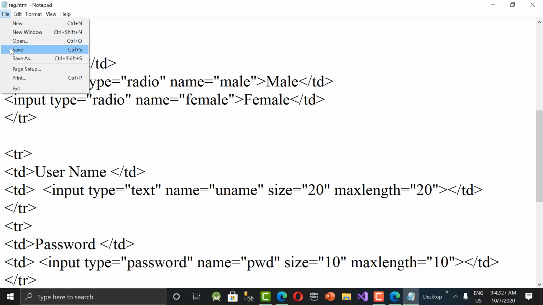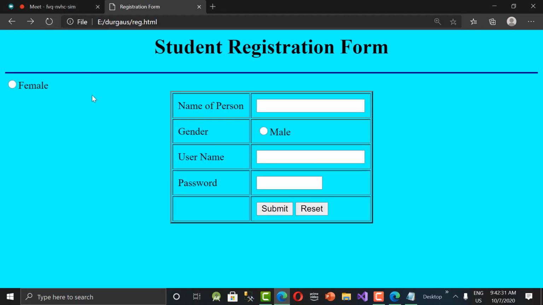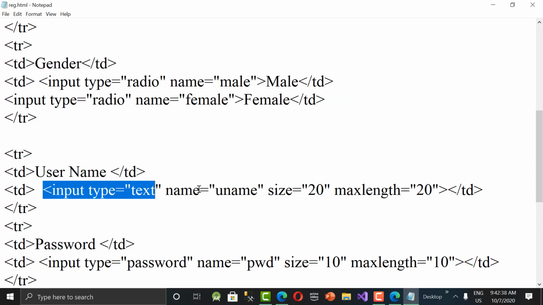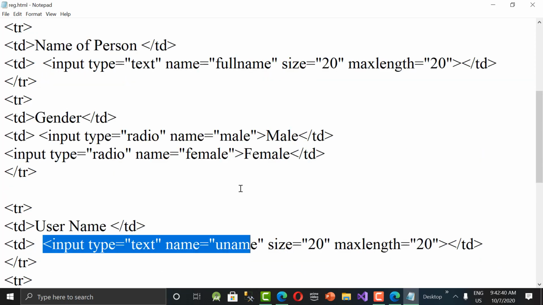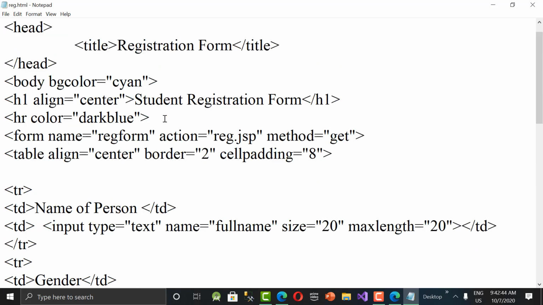Let us save it, go to the form, and reload it. We have male and female, but something is missing. Let's change the code. Input type is equal to... td open, close.